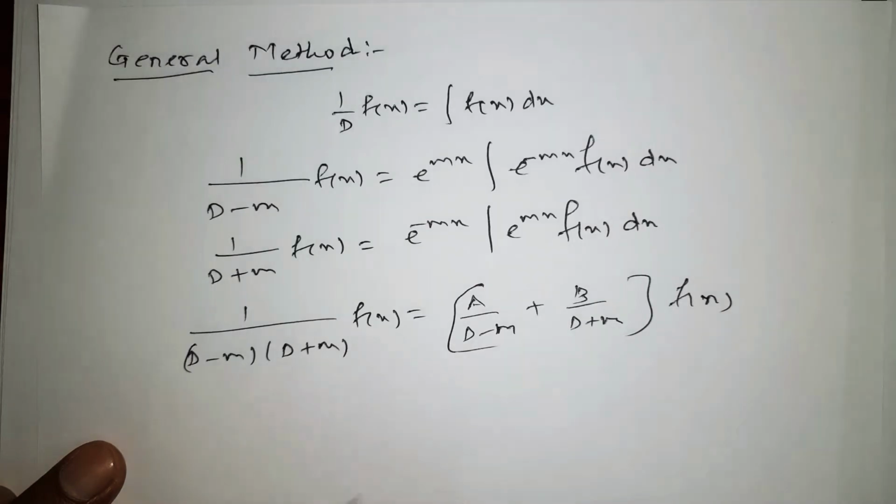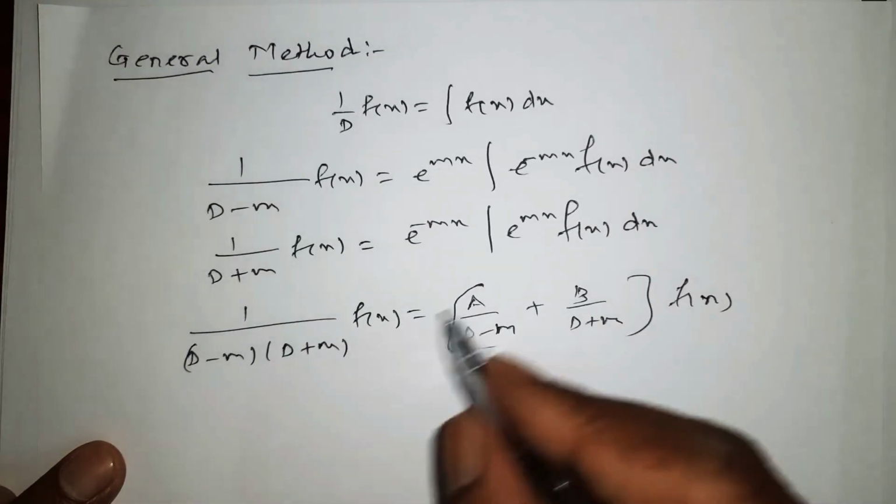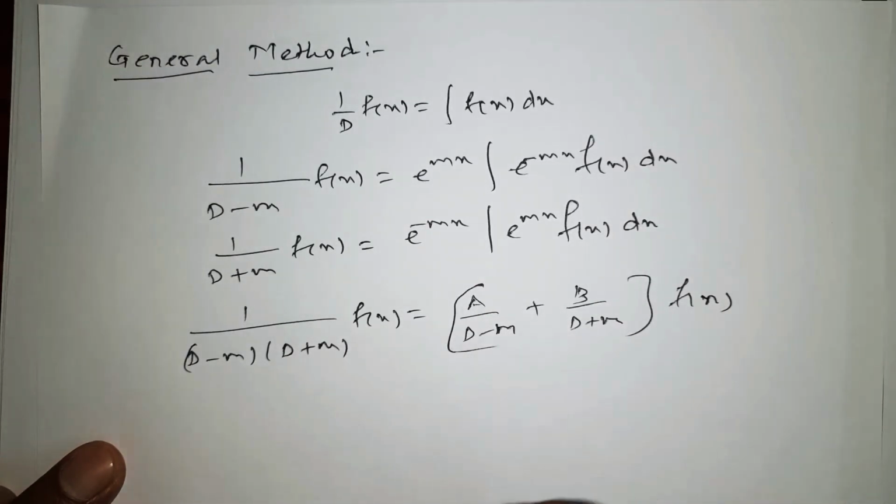Suppose m1 and m2, two roots, are there, then also we can operate. Whenever such roots m1 and m2 are there, we will try the last root first, the smallest root first, and then the bigger root, and continue this, right? We will see examples on that so that your concept gets clear.